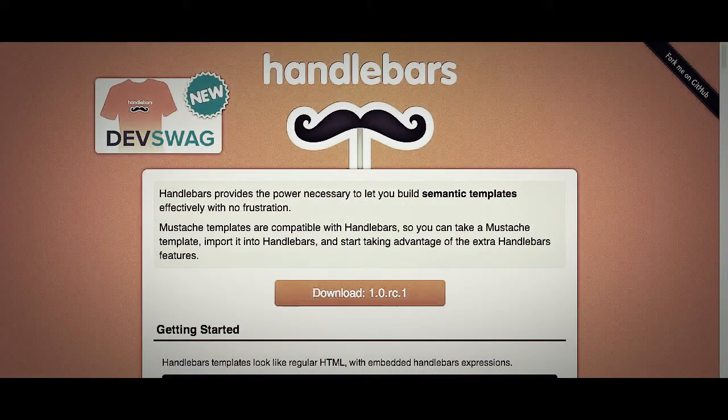Handlebars is a JavaScript templating engine. It allows us to inject JavaScript property values directly into our HTML. Handlebars is a compiler. This means that it takes some input, it compiles or transforms that input, and gives us